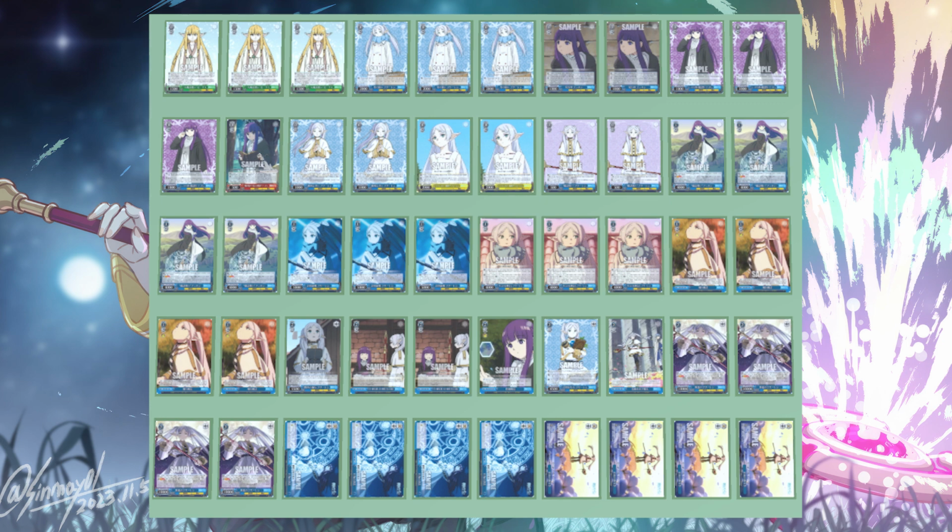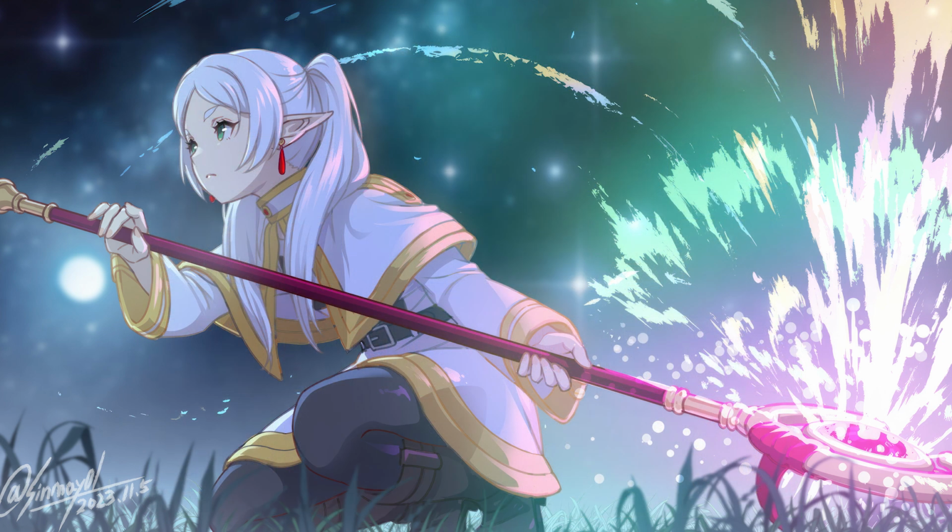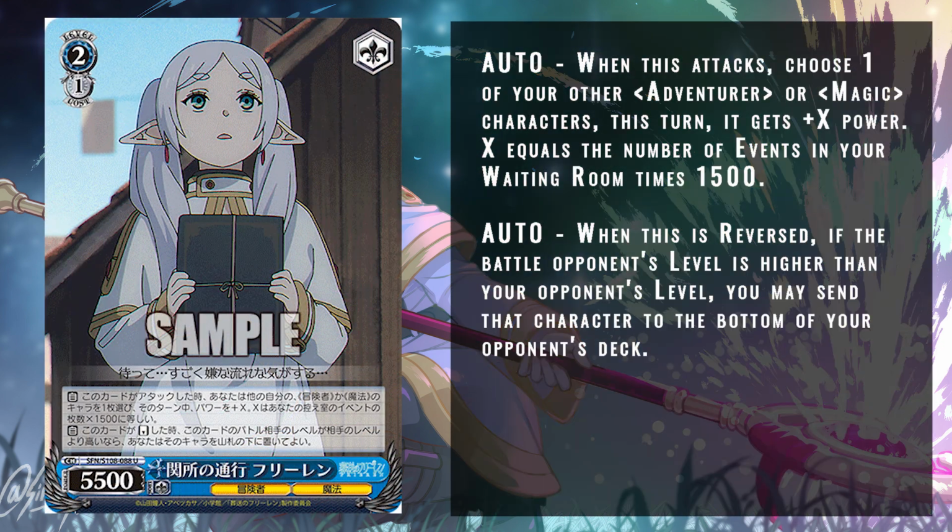Because when we hit level 2, that's basically all support. At level 2, we have the 2/1 anti-change bomb that also, on attack, can give another character a crazy amount of power, 1500 times the number of events in waiting room. We run up to 8 events in this deck, so